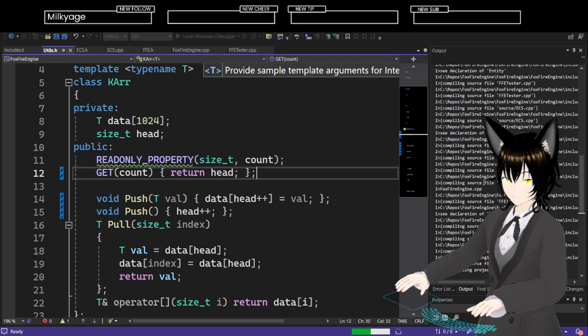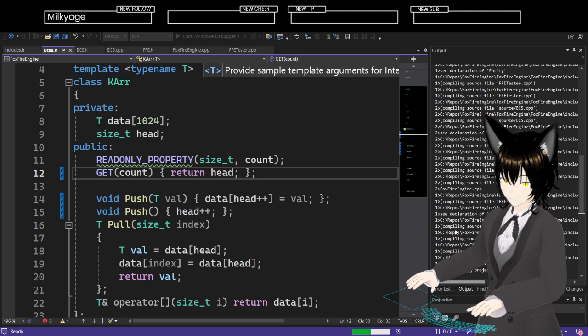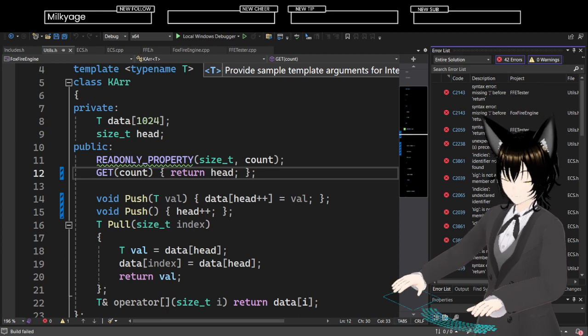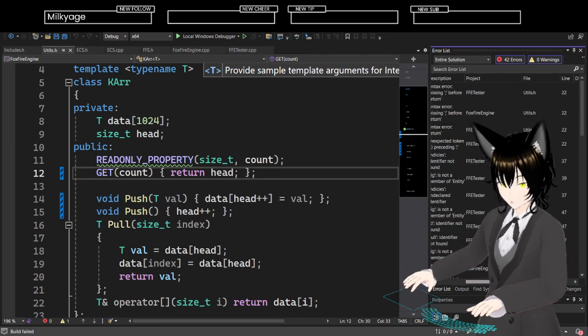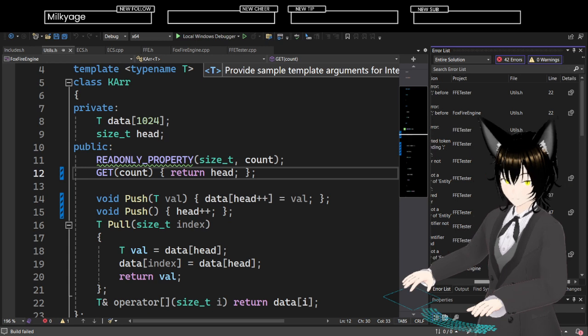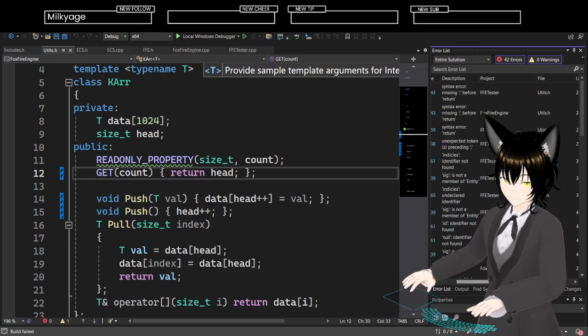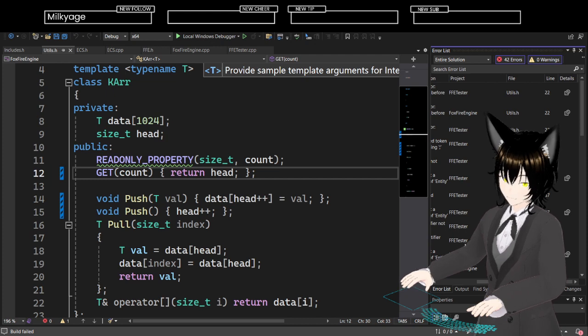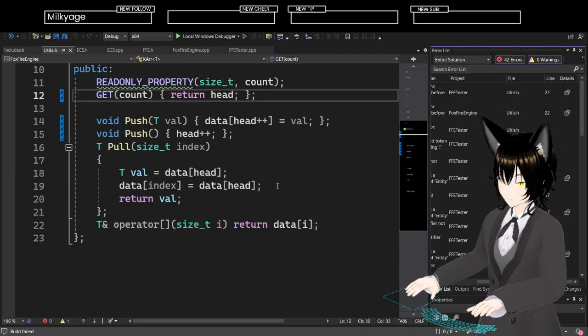Oh, okay. Bunch more errors. Source, source. Okay. Bunch of errors in non-member entities. So syntax error, missing that before return in utils line 22. Okay.